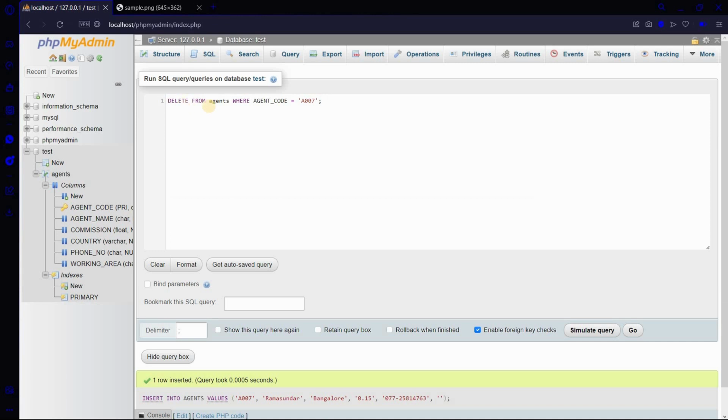Here delete is followed by the table name and a condition using the where clause. The where clause is used when we want to perform some operation based on a certain condition. In this case, since we want to delete an agent that has agent code of A007, we are using agent code is equal to A007.